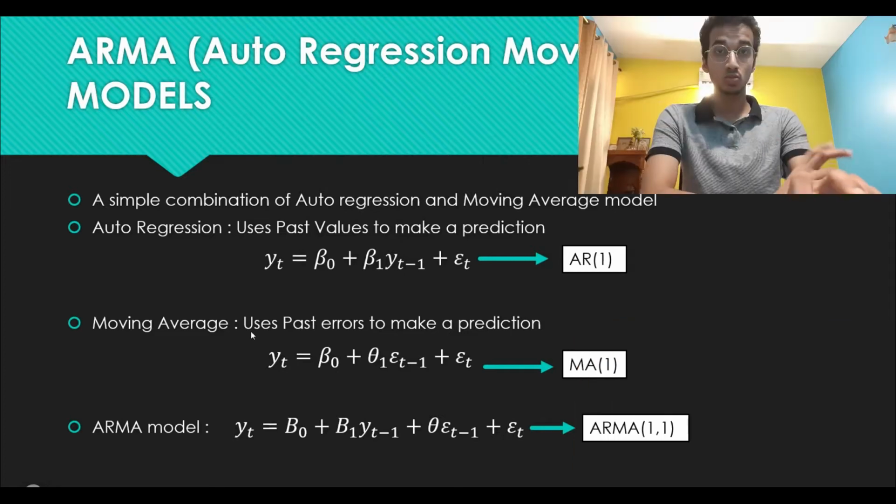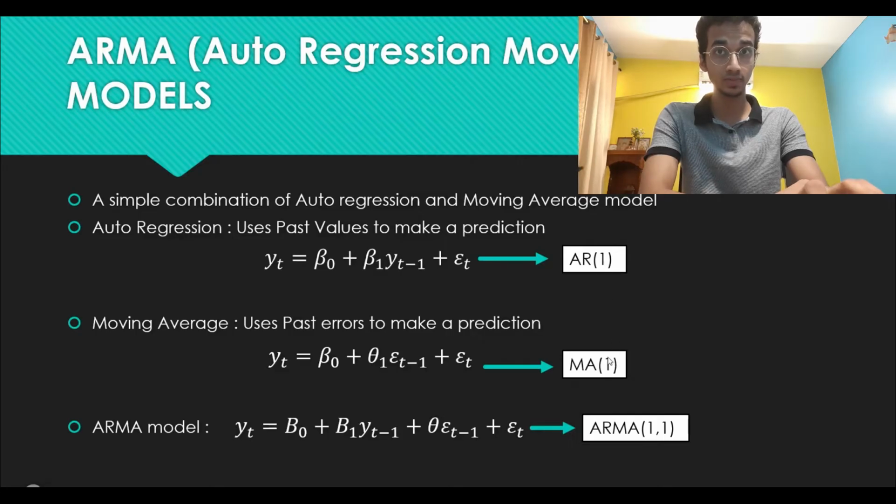values of the quantity. And moving average is a model which uses the past errors to make a future prediction. So the value of a variable y at time step t is going to be beta naught, a constant, plus theta 1 into the error in the previous time step, which is t minus 1, plus some error which you're going to make in the current prediction, right? Very simple, both of these models: one uses the past value, one uses the past error. Since we're only using the values and errors from just the previous time step, these are called auto regression of order 1 and moving average of order 1 respectively, which is denoted by the one written over here